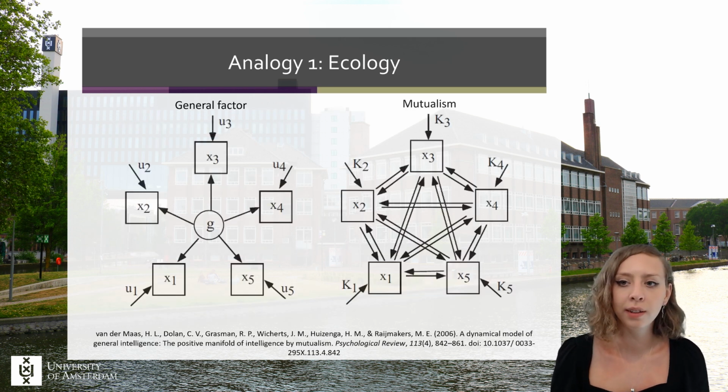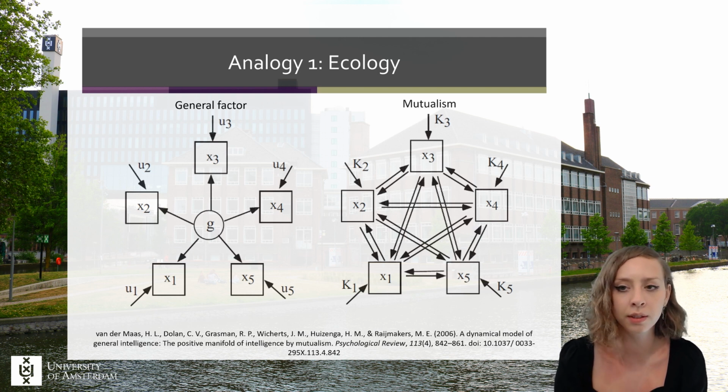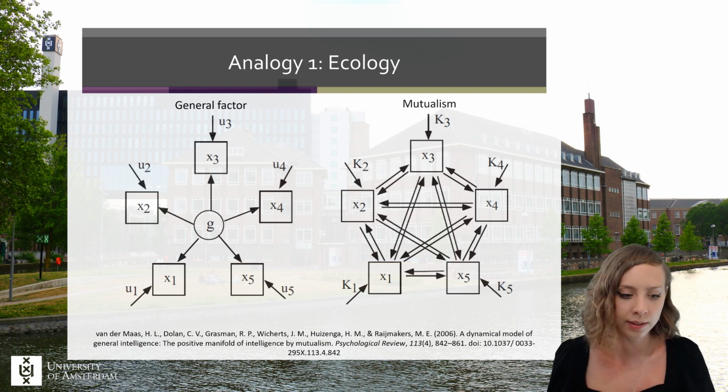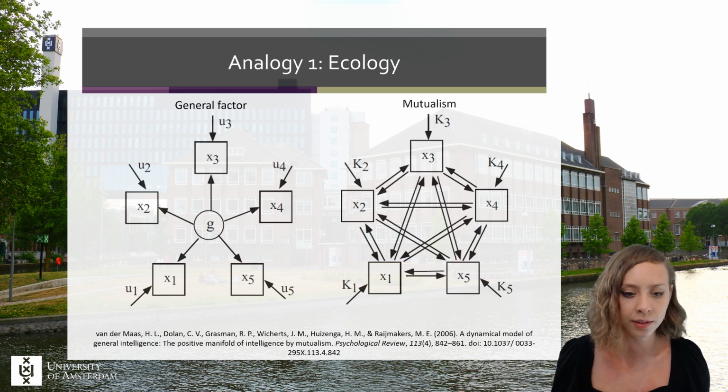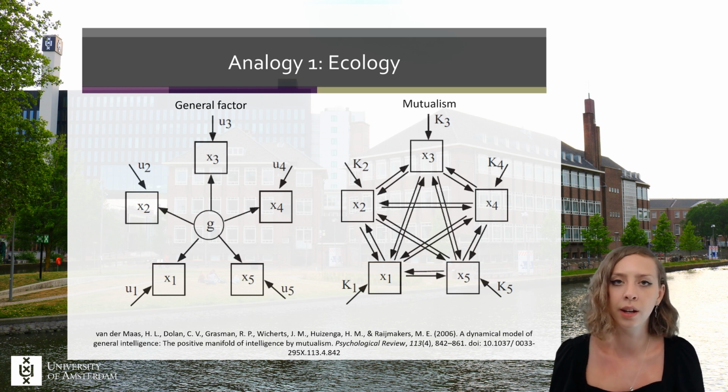For example, one analogy is to think of every person as sort of a lake in ecology. And in ecology, what happens is that researchers use this idea of mutualism to explain why things co-occur. So they don't say, okay, we have this clean lake and this dirty lake, and this lake is clean because we have a latent variable called lakeness that keeps this lake clean. We have a latent variable, also lakeness, that keeps this lake dirty. But what they do is to explain this phenomenon in terms of mutualism.